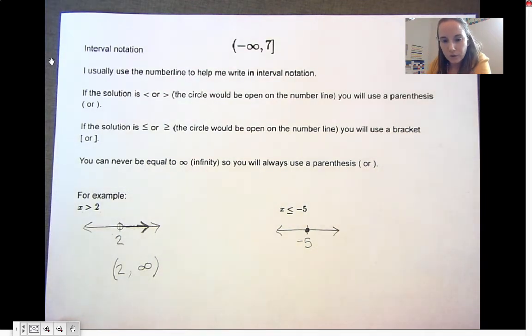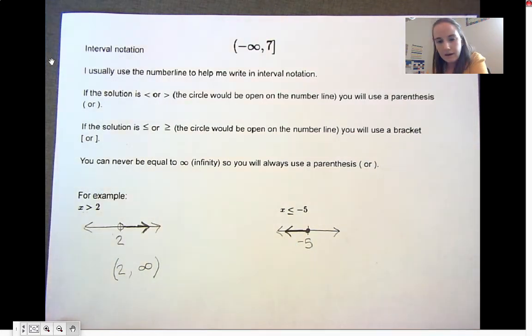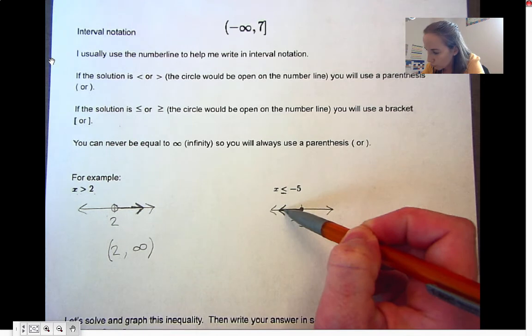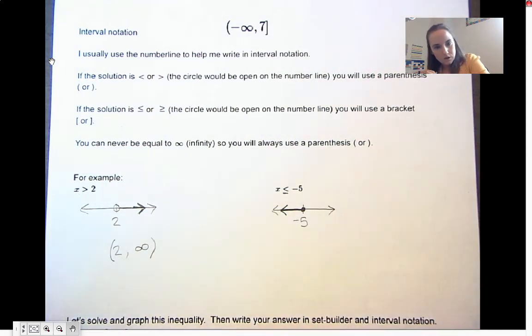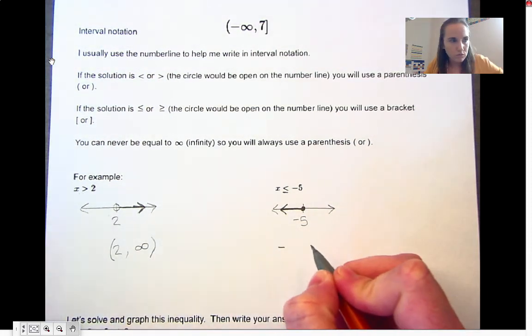And we need to draw our arrow going less than, so to the left is less than. And now in interval notation, well, where is the starting point? Since all my solutions are all the way to, you could keep going and going and going forever to the left, which is all those lower or smaller values,